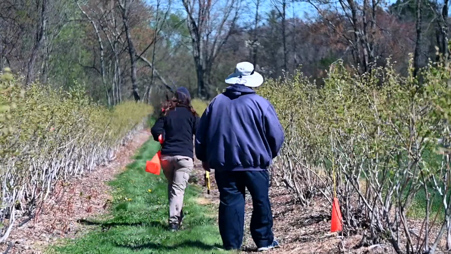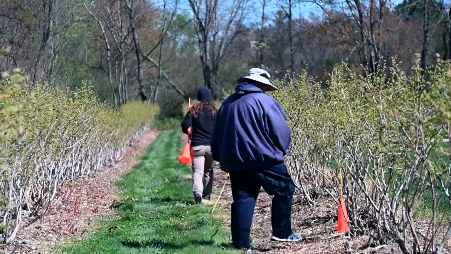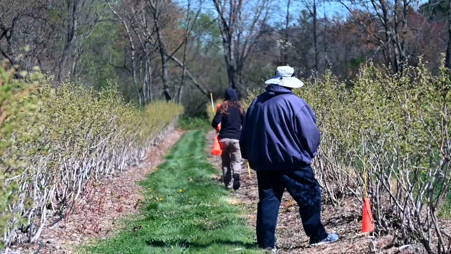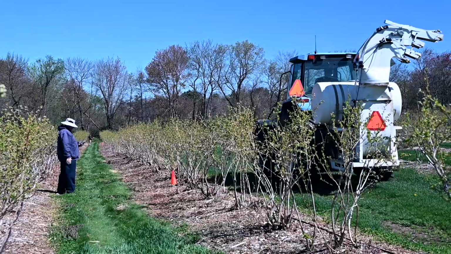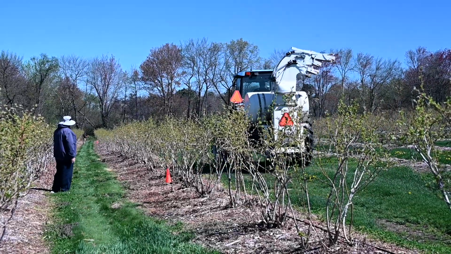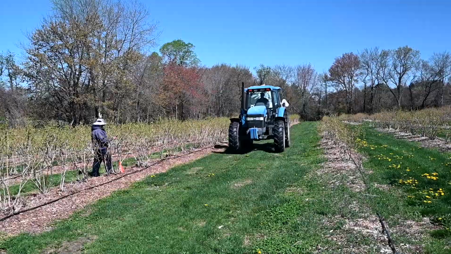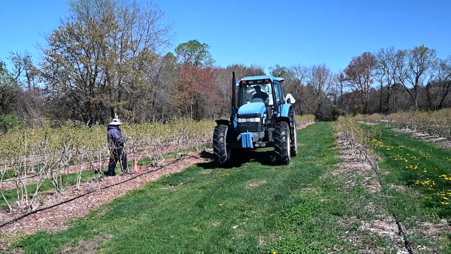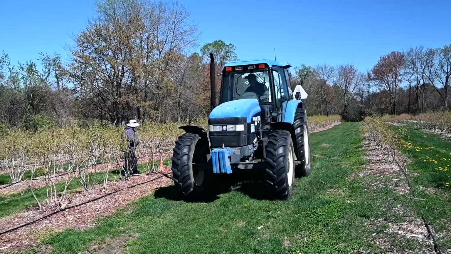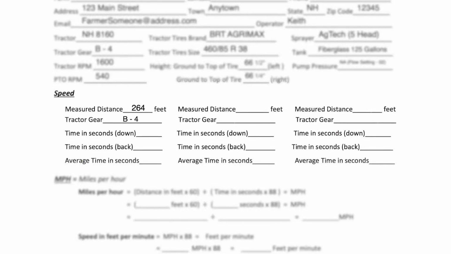Measure and mark the distance, and then use assistance to record the time it takes to travel the course, once down and once back. Record it twice, then average the 2 times in order to establish a standard time. If the first 2 measured times have more than a 10% differential, it may be necessary to repeat the timing tests. In this test, the time was 47.3 seconds for the first run and 47.42 seconds in the second run. We total the 2 times, then divide by 2 for an average run time of 47.36 seconds.